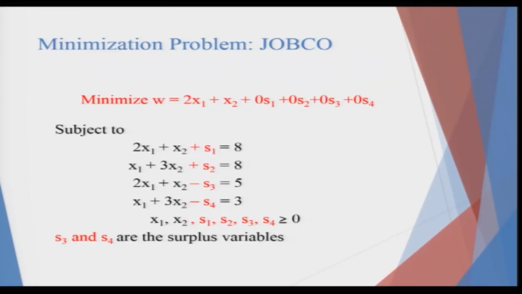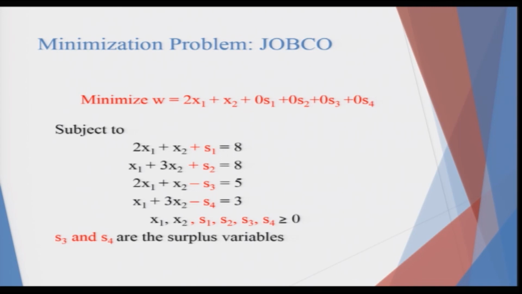In this case there are 4 constraints, of which 2 are greater than sign and 2 are less than sign. We will consider S1, S2, S3, S4 as the slack and the surplus variables. The positive and negative values would mean that the first 2 are less than types, hence adding to that constraint on the left hand side would make them exactly equal to 8, as in the first 2 constraints, and subtracting the value of S3 and S4, as they are greater than sign, will bring them back to the values of 5 and 3 for the third and the fourth constraint.